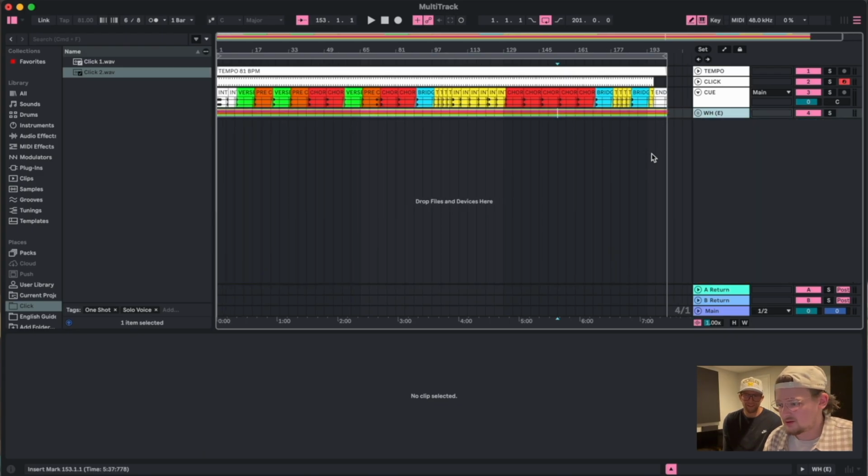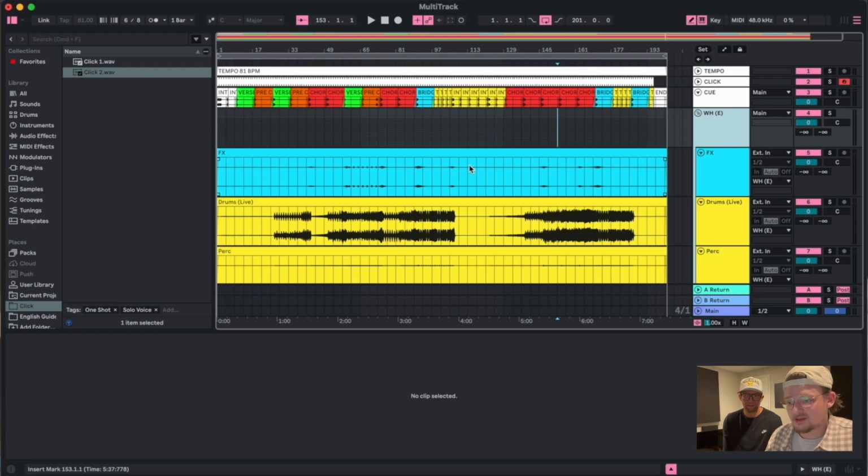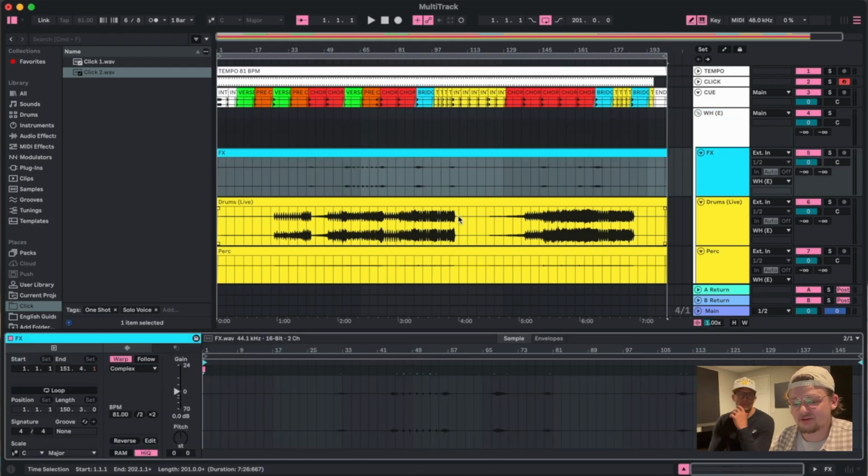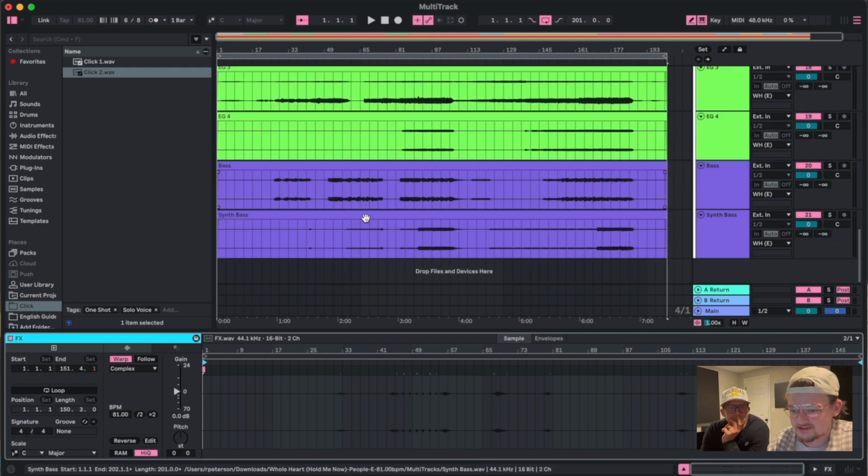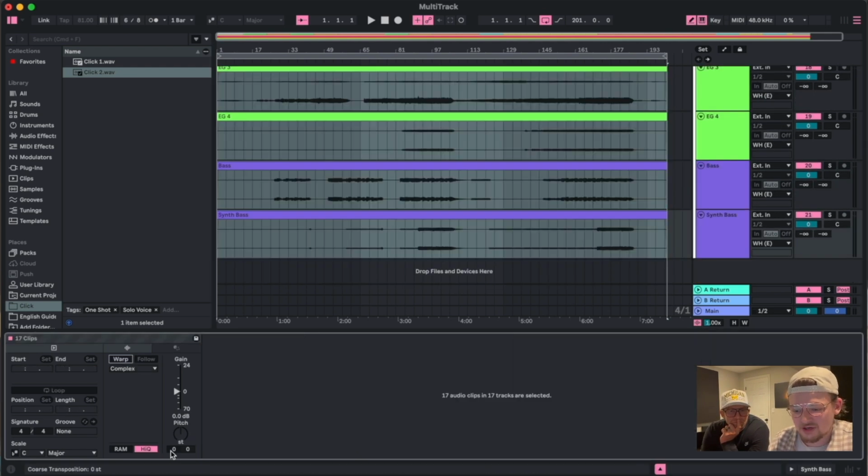Can you tell us why we want to turn warp on? Yeah, warp is the function that you're going to need on for transposing. So if I try to transpose these tracks without warp on, transpose is right here. Say the worship leader needs it down a whole step. Okay, if I do this,